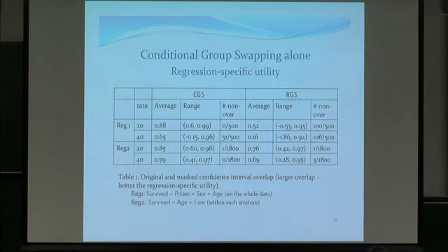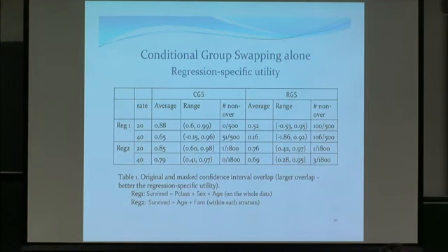Okay, and here are the results. These 3 columns are the conditional group swapping, and here is a very similar approach, but the probabilities of swapping were computed as uniform. So records are swapped between exactly the same strata in the same order, just with uniform probabilities. The average overlap over all coefficients and all realizations, I generated 100 realizations, was quite a bit higher for conditional group swapping than for the case when probabilities were uniform.